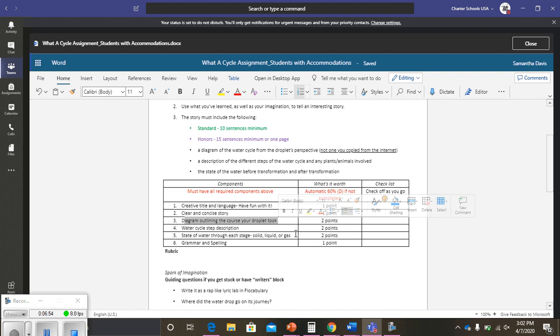Think about it, water is forever. Do you want to do it like water that was breathed through a fish? There's tons of things you can do. This is why I love this assignment, because it really can be unique and it should not be basic. And I'm going to give you a good example of what that sounds like. So do it step by step. Check things off as you go.